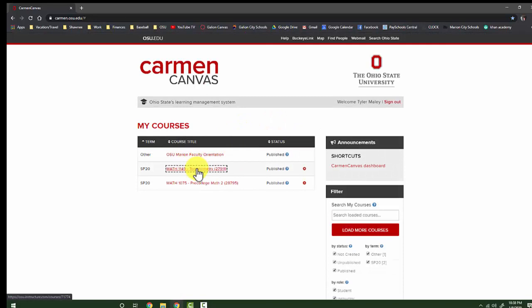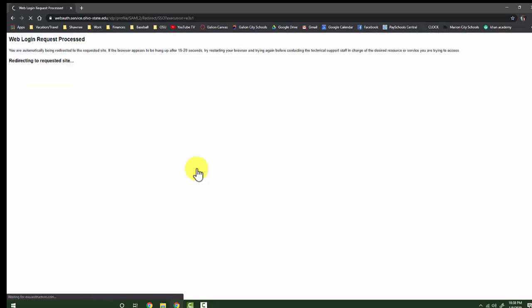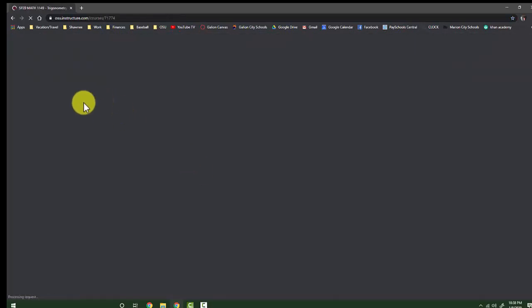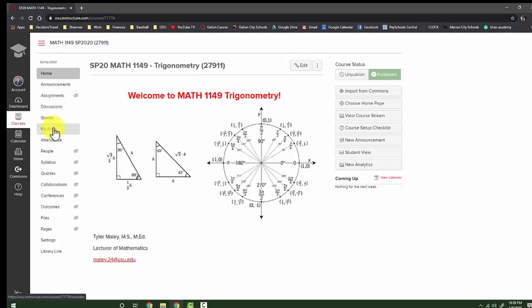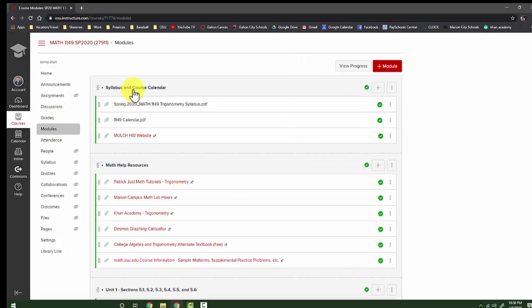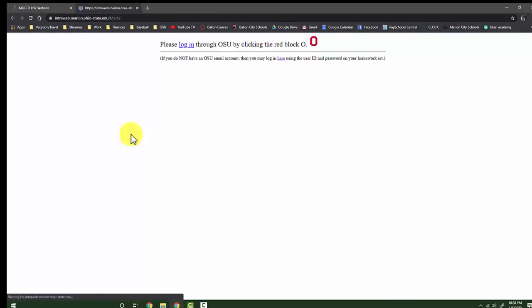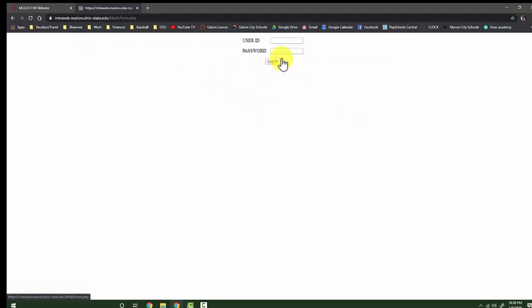So for example, I'm just going to go into my trigonometry class this semester. And then if you go under modules, you can see here that I have a link to the Mulch homework website. So if you click on that, it'll launch you into the correct website. And then here, you want to click that you want to log in here using the ID